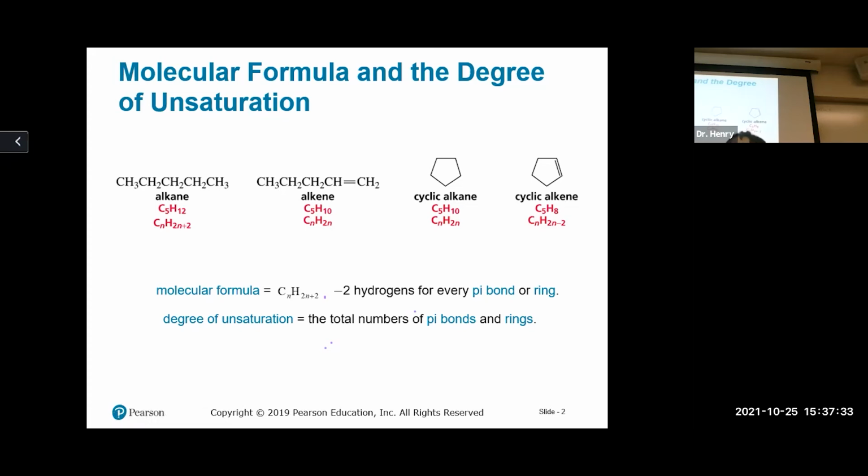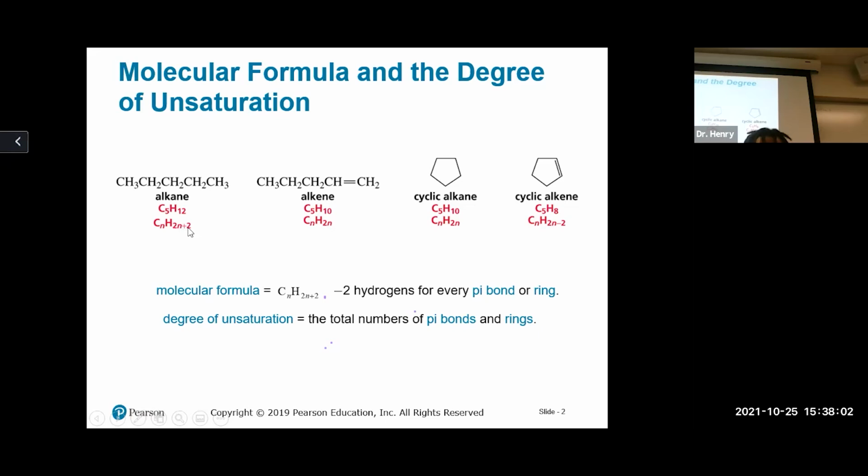Alkane, yes. Alkyne with a triple bond, yes. Okay, so when we talk about the degree of saturation, the degree of saturation is just going to equal the number of pi bonds and rings. So in the case of an alkane, which is totally saturated, you can basically use